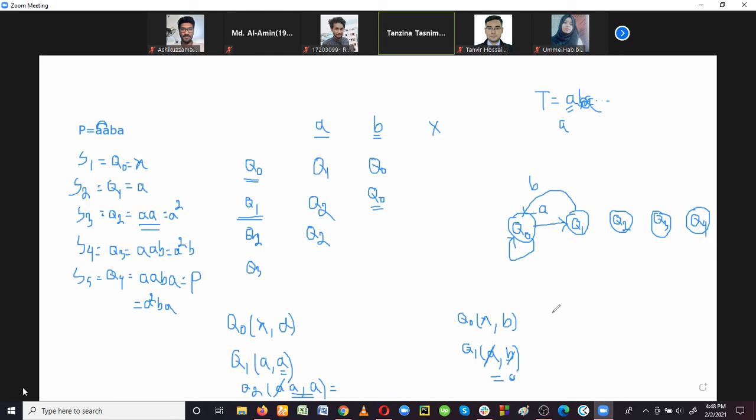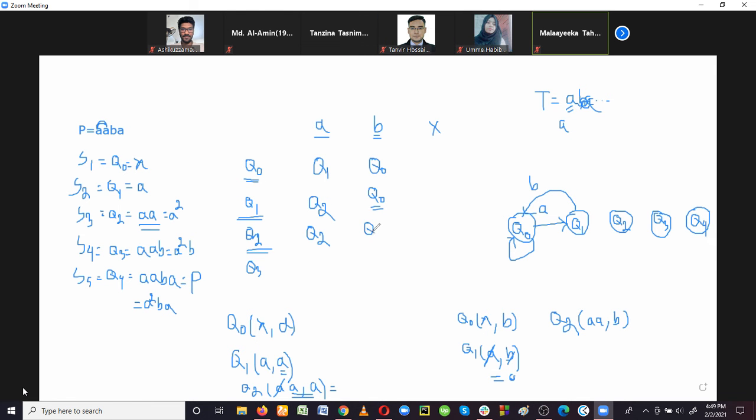Okay? So now when the value of Q2 is AA, when it will receive B, now there are total 3 characters A, A, B, and this is the value of state Q3. So when Q2 receives a character B, it will move forward to Q3. Now we can fill up our pattern matching graph. For state Q1, it can only move forward if the received character is A. But if the received character is B, at that time it will go backward to which state? Q0.